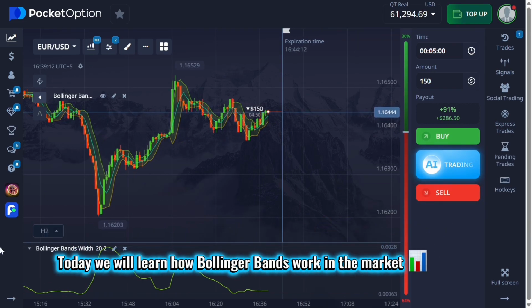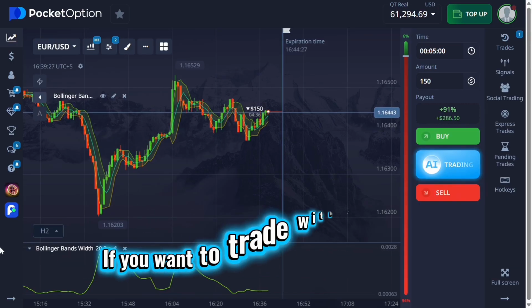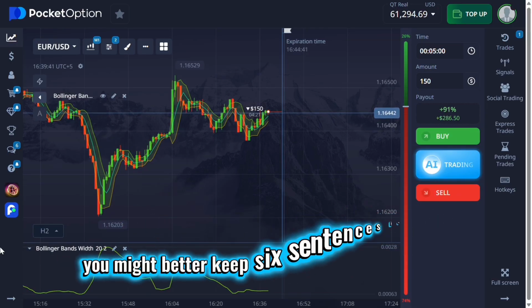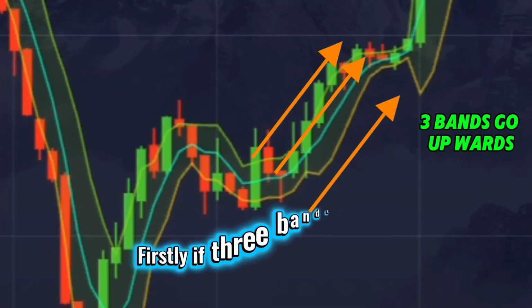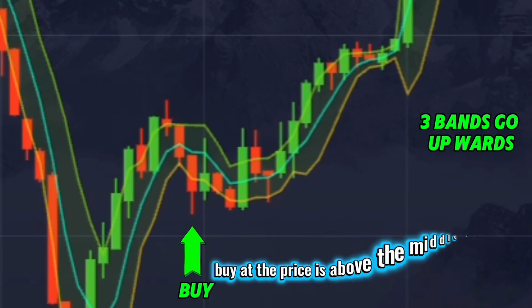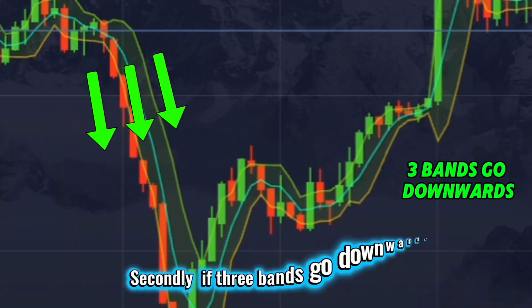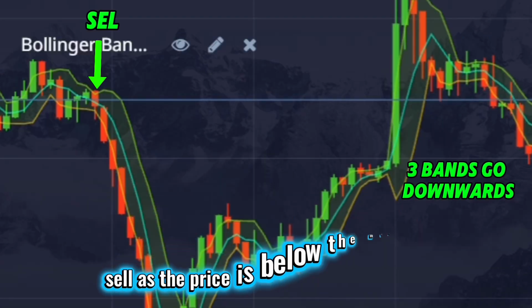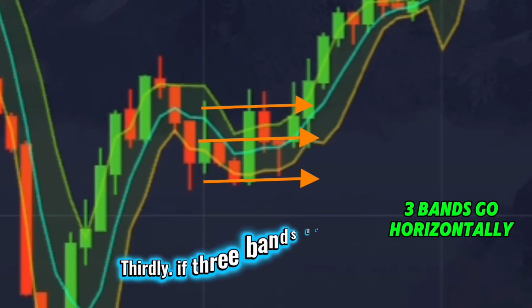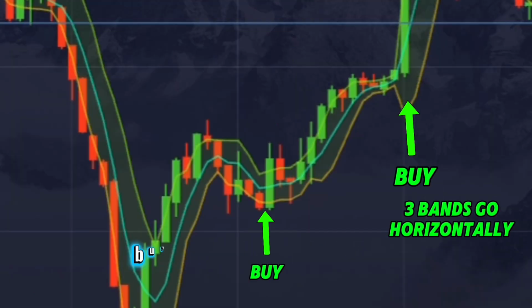Today we will learn how Bollinger Bands work in the market. If you want to trade with Bollinger Bands, you had better keep 6 rules in mind. Firstly, if the 3 bands go upwards, buy when the price is above the middle band. Secondly, if the 3 bands go downwards, sell when the price is below the middle band. Thirdly, if the 3 bands go horizontally, buy when the price is near the lower band, and sell when the price is near